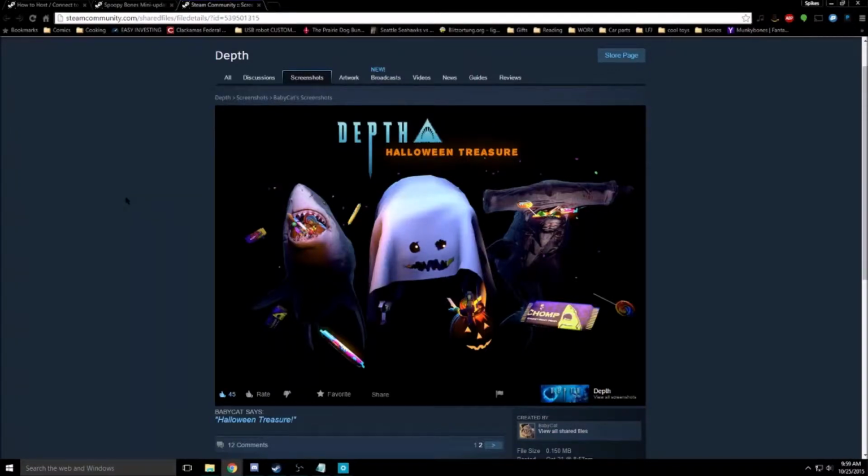Welcome! Today I'm going to show you how to get the Depth Halloween Treasure update to work. What this update does is basically turn all gold into different types of candy, and Steve gets this ghost Halloween costume to ride around in while he's collecting his candy. He also gets this jack-o'-lantern bucket to put it all in. So, without further ado,